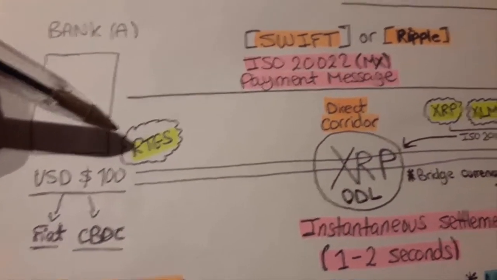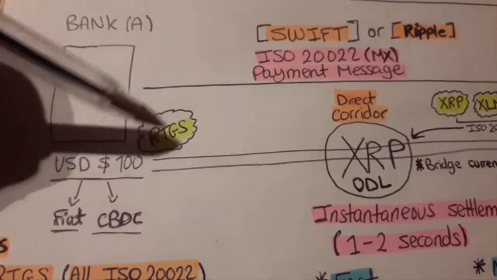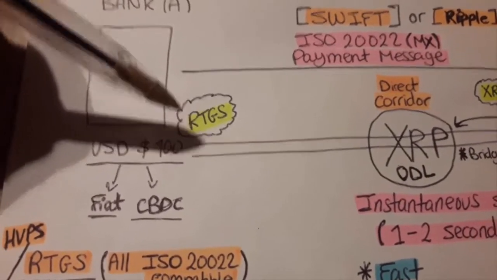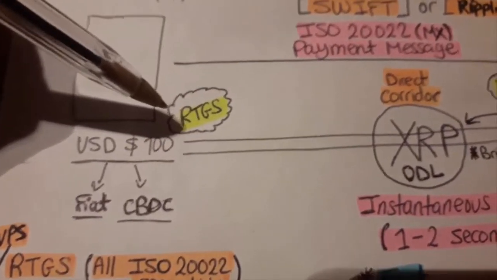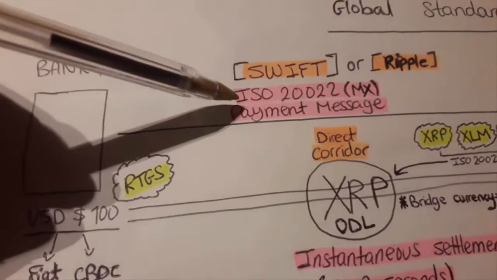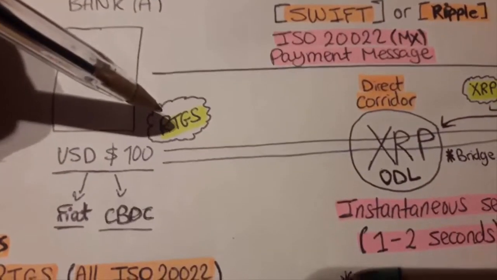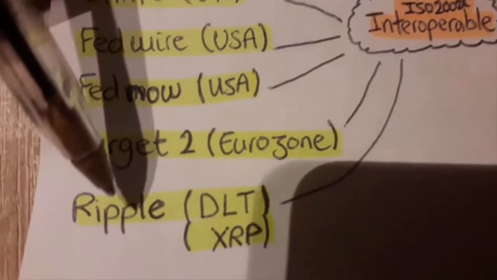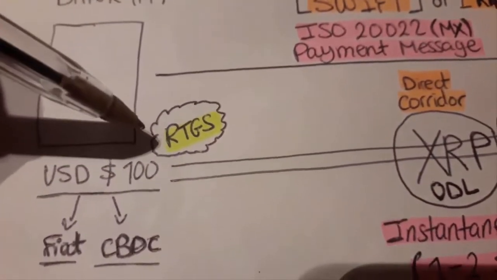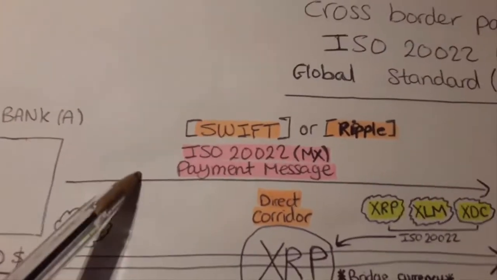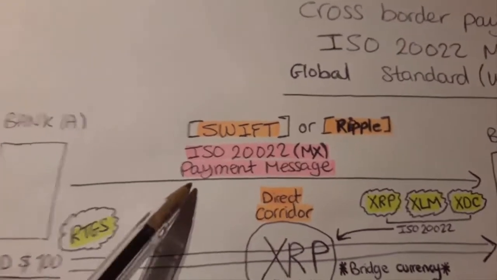Instead of using FedWire, they can be interoperable and interface with another RTGS system, from my understanding and my research, because the ISO 20022 messaging standard enables interoperability between different payment systems. In this example, they're going to use Ripple to send the payment across to bank B. So on one level, they have the payment messaging level,